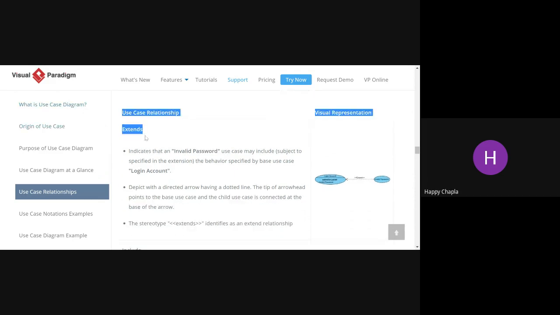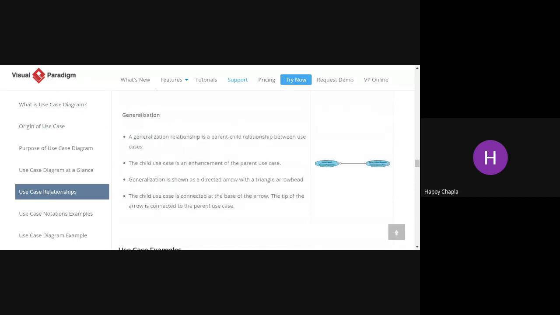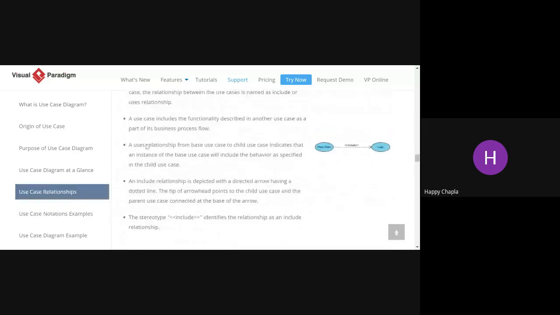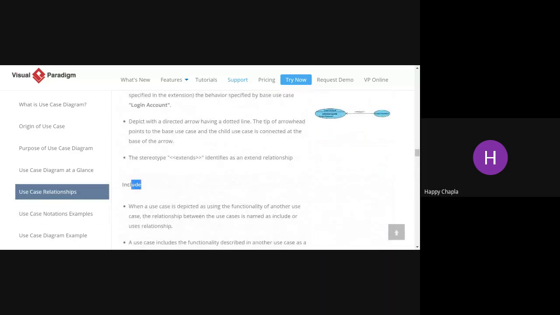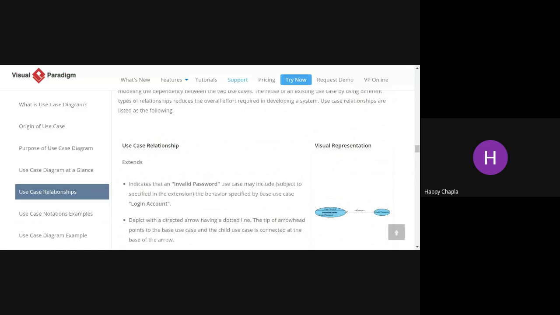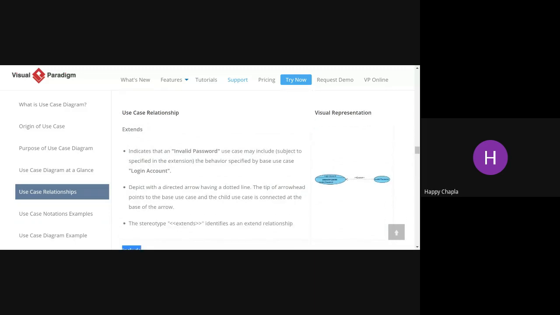Now use case relationship, and here is the relationship view, how it will look. We have an extend relationship and we have an include relationship. Okay, what is extend and what is include? Indicates that an invalid password use case may be included, subject to what is specified in the extension. That means the behavior specified by the base use case login account.